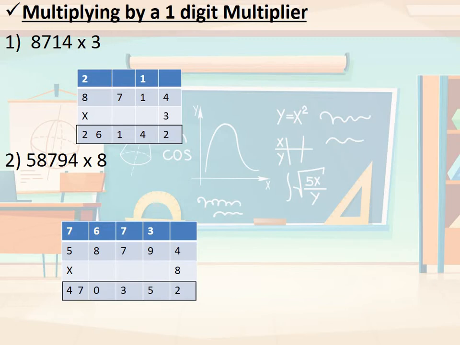One digit multiplier. Okay, so the lower one is known as the multiplier, the upper one is known as the multiplicand, and the answer we are getting is the product. This one thing I don't have to explain, I think you will be able to do it, but still I will explain. I had written this number multiplying by 3. 3 multiplied by 4, 12, 2, 1 over here. 3 ones are 3 plus 1, 4. 3 sevens are 21, 1, 2 over here. 3 eights are 24 plus 2, 26. Isn't it easy?